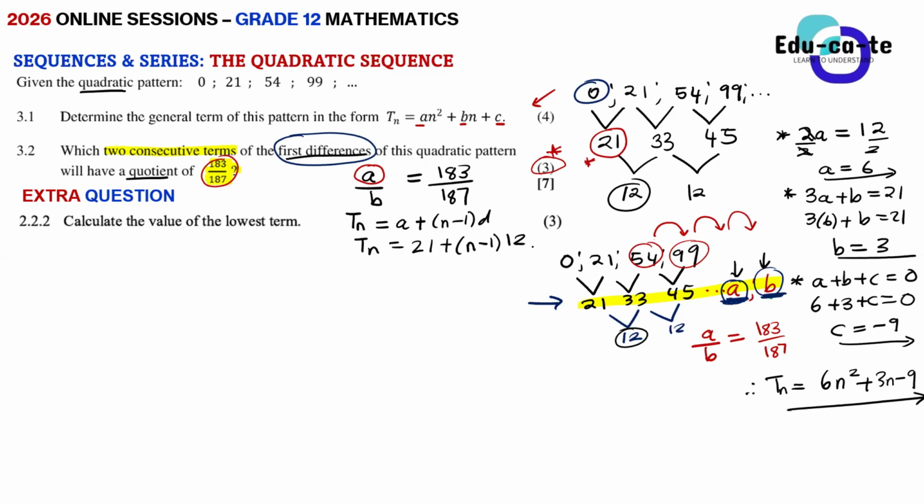Because the arithmetic sequence is made up of differences, then Tn, please give me the final answer here: 21 minus 12, what is it going to give me? 9. Positive 9. Yes, sir. So the general term for the arithmetic sequence is 12n plus 9. I can use this general formula to find the position where A is and the position where B is. Once I know the positions of A and B, I'm done.